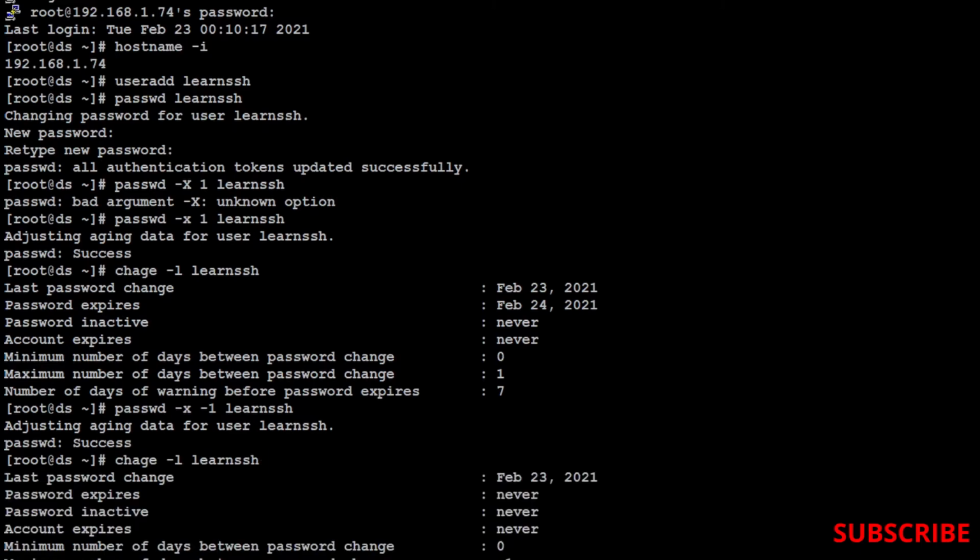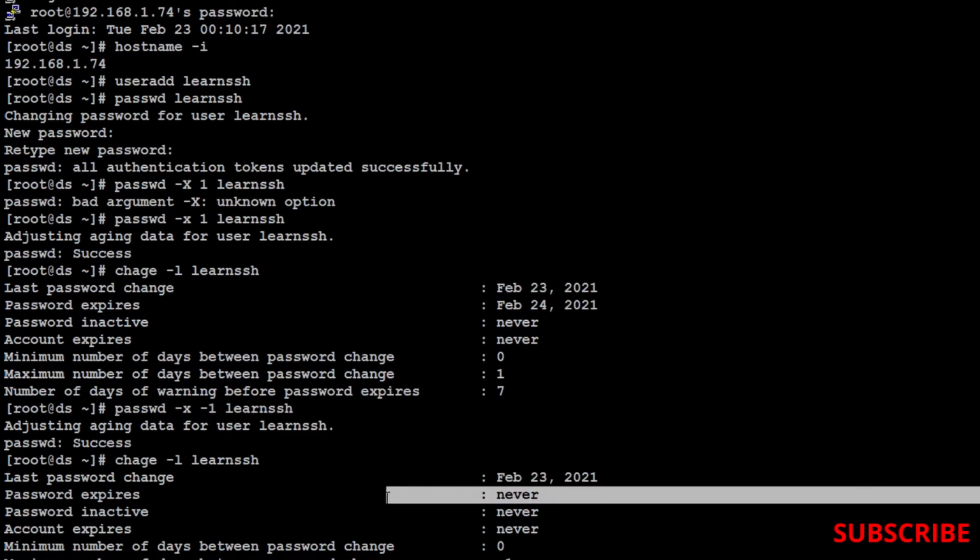Okay, sorry, you have to go with -1. You have to go with -1. -1 means password expired never. Okay, so you are good with this user.